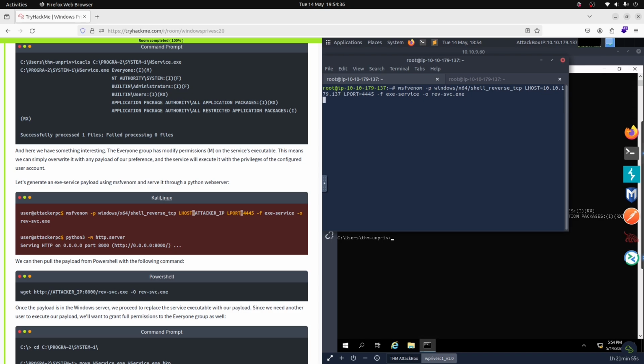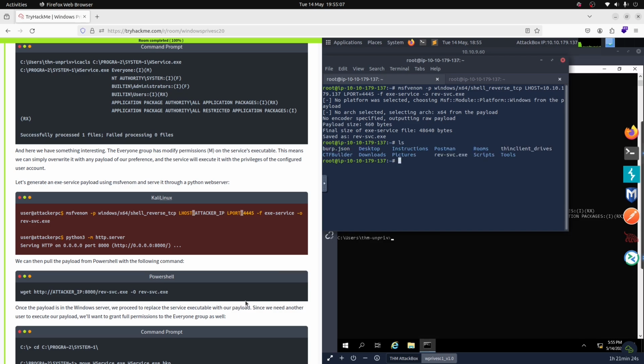Now you click enter and you wait a little bit while our reverse shell is being made, okay? Now, if you list the contents of our machine, you will see that we have here our reverse shell, our file that we just created with this. So, now that we have our payload saved, we can transfer this payload to the target's machine. But before, we need to insert the command